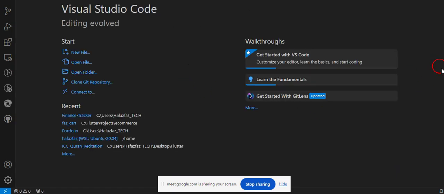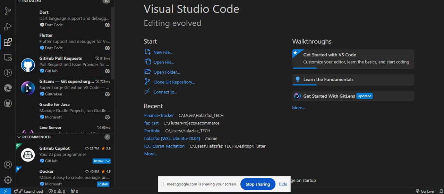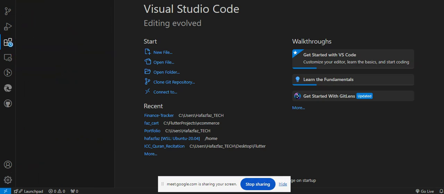So now what you have to download again is, come back to this extension. You will see this extension. That's before tomorrow's class. Click on it, then search for Live Server like this.